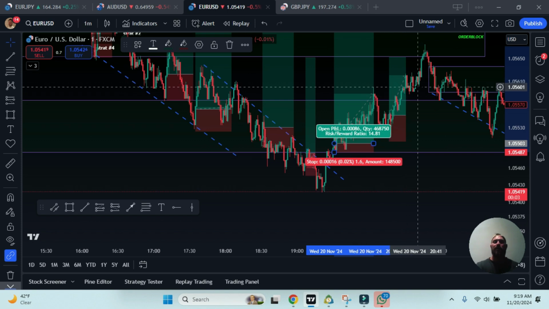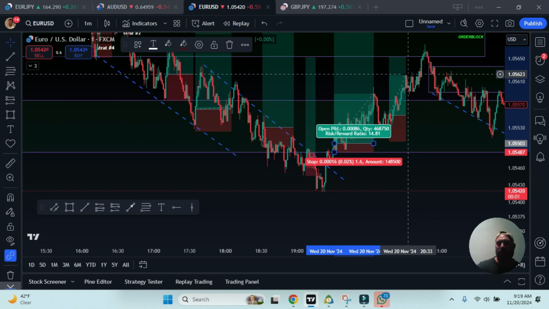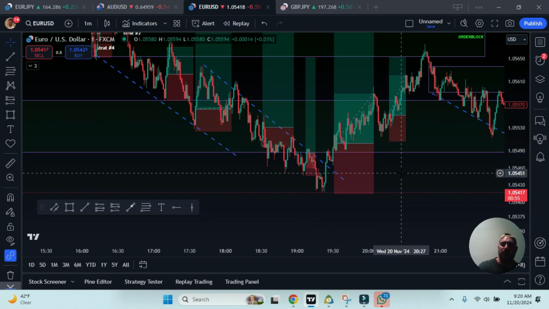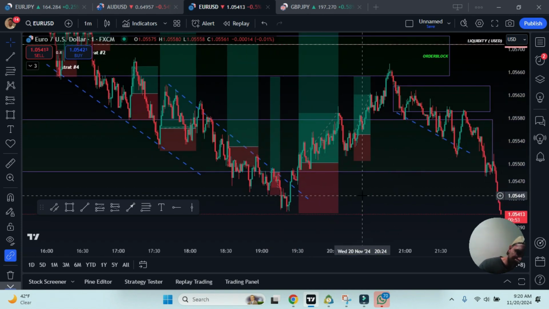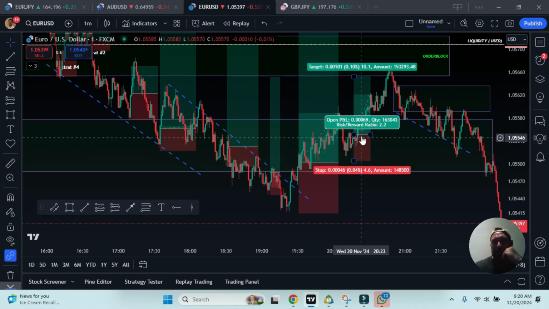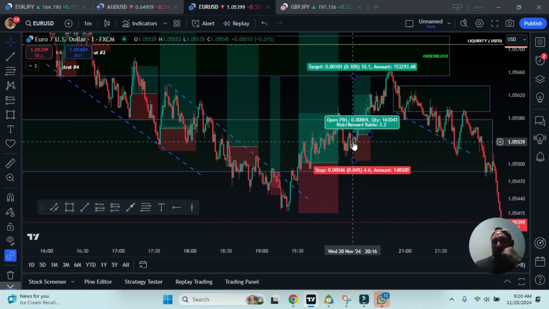As it's breaking the high, perhaps I go, okay, I'm going to wait for this to interact with an order block, because now it looks like it's actually heading in that direction, right? I think that the problem with young traders or new traders is you're always looking for the perfect risk to reward, and there really isn't. You have to interpret the market. Here we have a great liquidity pull and a continuation. This is a bread and butter setup, and I shouldn't have gotten stopped out of it, but I used too